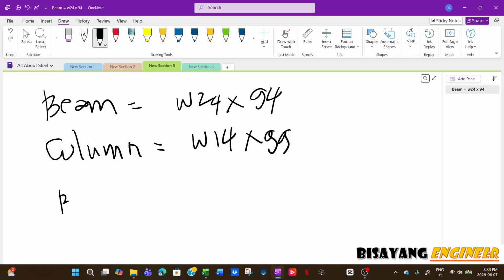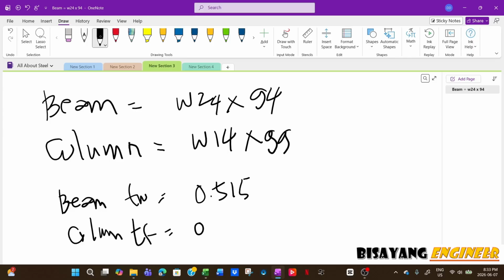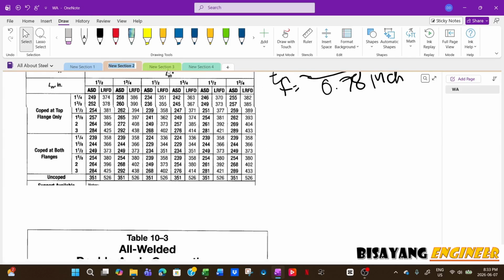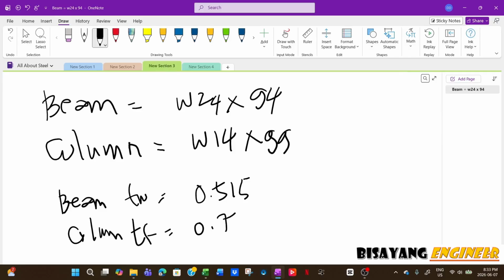And then for beam, thickness of web is 0.515, and then column thickness of flange is 0.78 inch. So our connection, or detail, would be, this is the column,